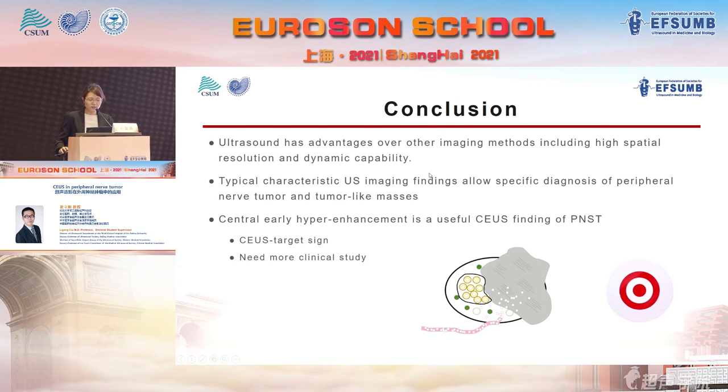Finally, ultrasound has advantages over other imaging methods, including high spatial resolution and dynamic capability. Typical characteristic ultrasound imaging findings allow specific diagnosis of peripheral nerve tumor and tumor-like mass. Central early hyperenhancement is a useful CEUS finding of PNST. We call it the CEUS target sign, but still we need more